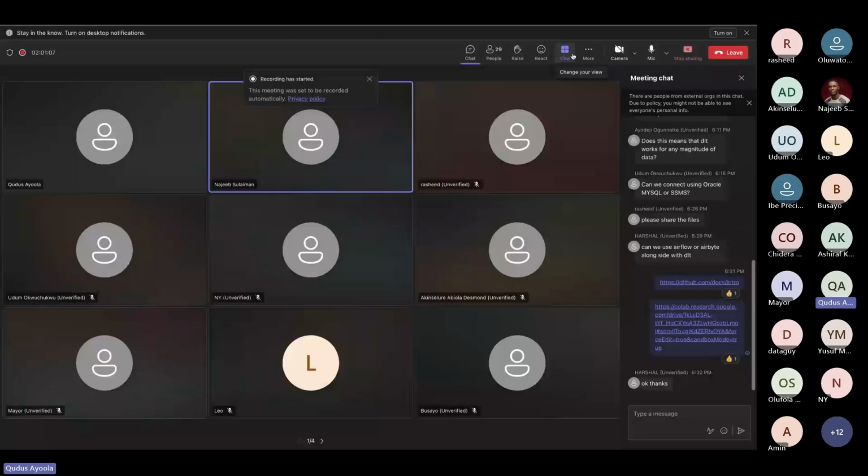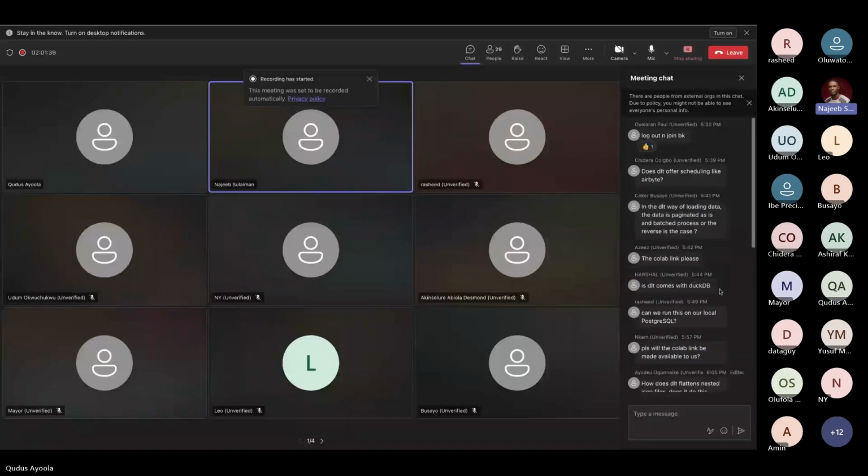So when you are trying to load data in DLT, you can load your data in real time and you can load it in micro batches, basically. So it's usually you pulling your data in micro batches or you are streaming your data in real time. I'm not sure if this answers this person's question. If it's not answered properly, you can rephrase your question. But what I understood by your question is we are trying to confirm if DLT paginates your data and batches it when loading from source to destination.